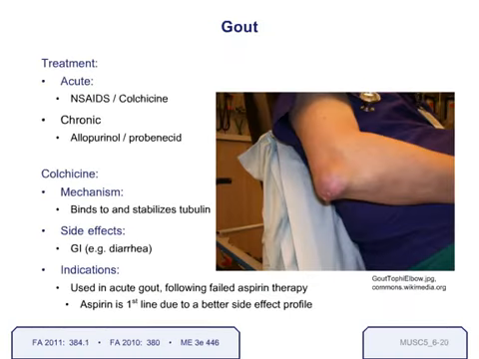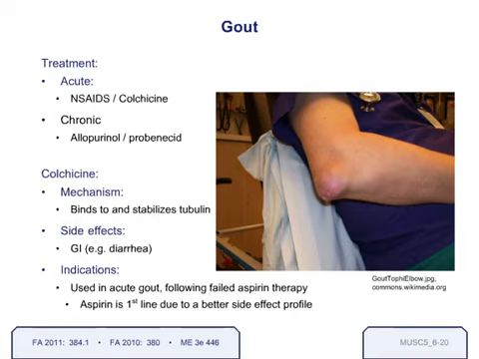Lastly, there are a number of drugs we already mentioned that are used to treat the disease gout. The first is colchicine, which we said is primarily for acute gout, also used with NSAIDs. The way that colchicine works is by binding and stabilizing tubulin to inhibit polymerization of microtubules. This is important because leukocytes, such as neutrophils, rely on polymerization of tubulin in order to do chemotaxis and degranulation